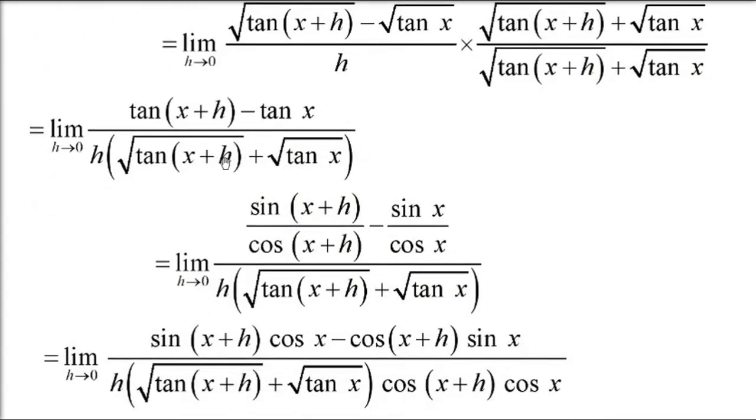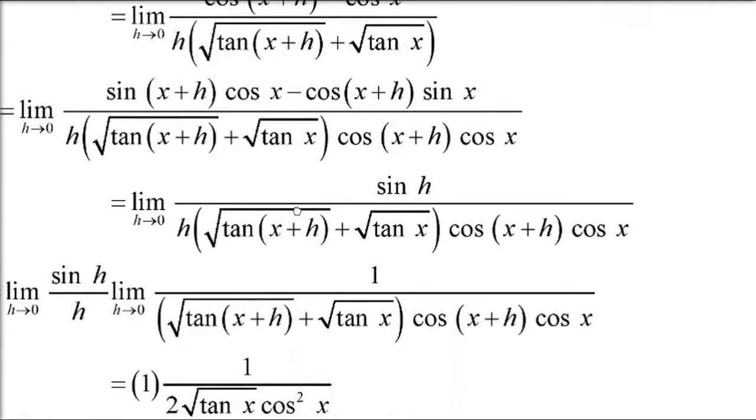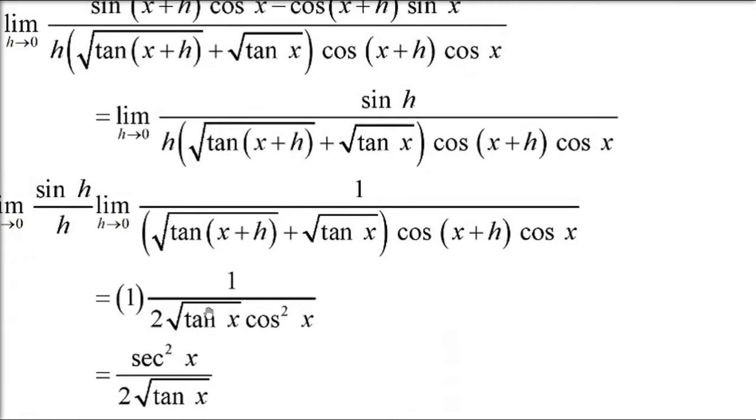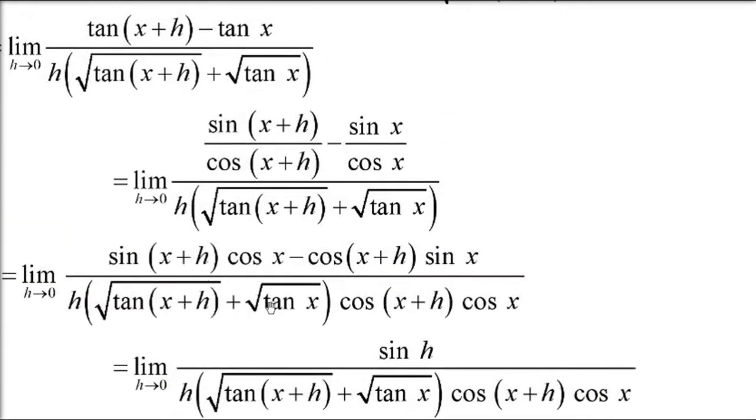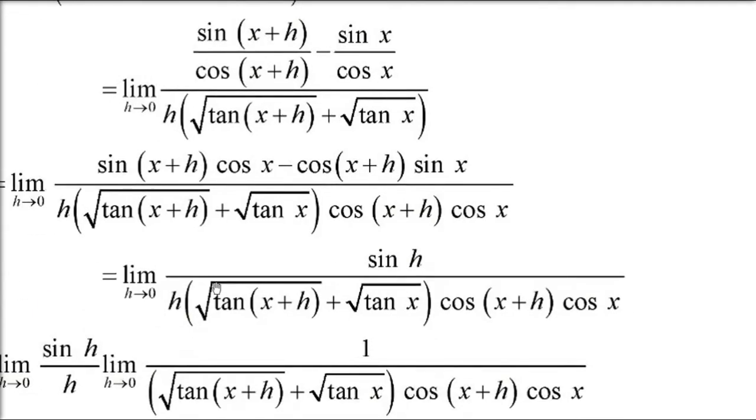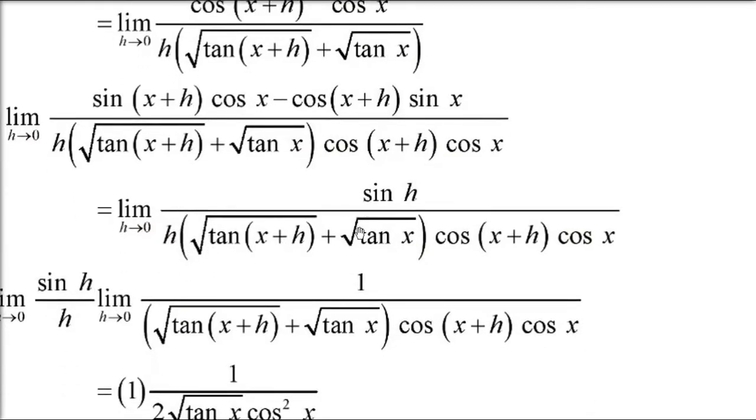Don't worry about the denominator because h is going to be 0 and tan x under root, so twice under root tan x will come. See, in the denominator you have 2 under root tan x. So don't worry about the denominator, just worry about the numerator. Now you can write it as sin by cos, sin by cos. So it will be sin a cos b minus cos a sin b, and denominator you have cos and cos. This is sin(a minus b). So x plus h minus x, x cancels. It will be only sin h. Only sin h will be there. What about the denominator? You have h here.